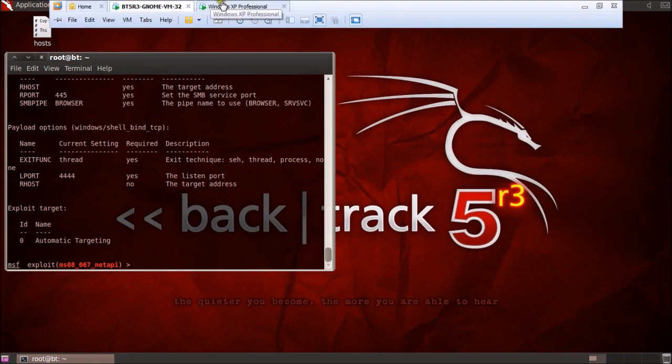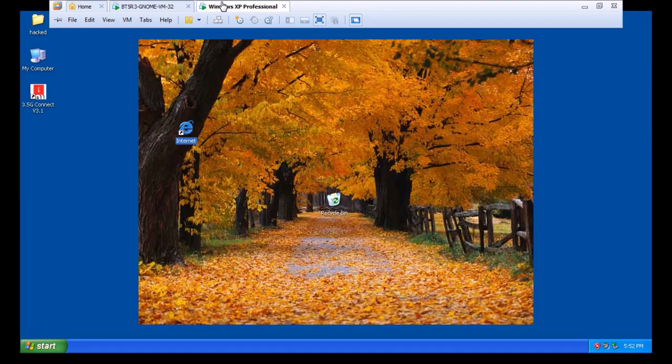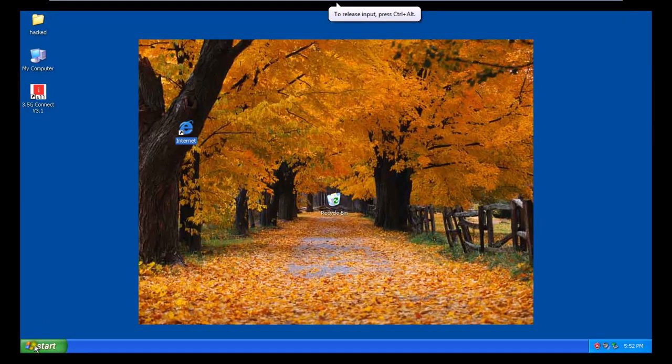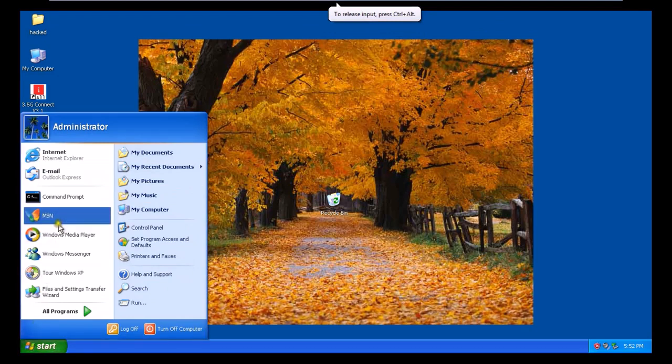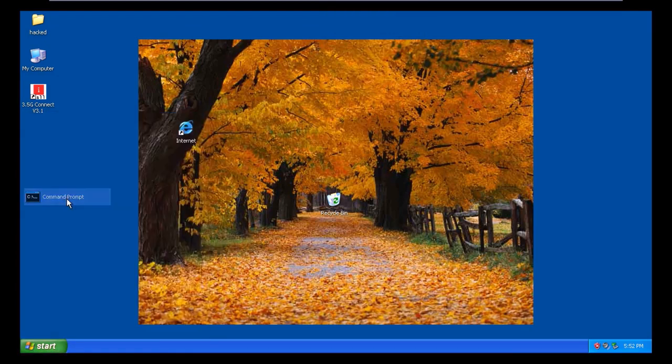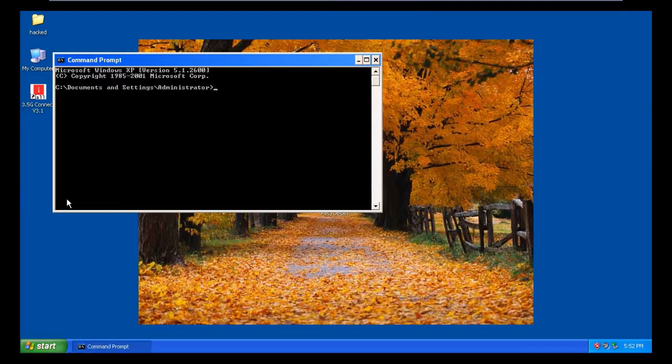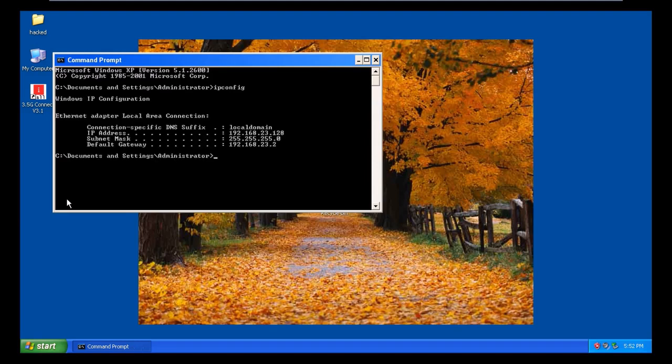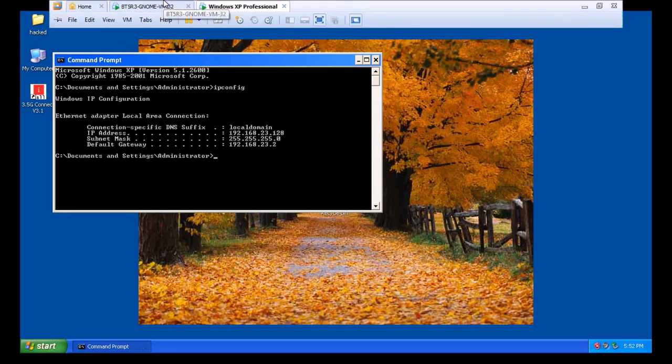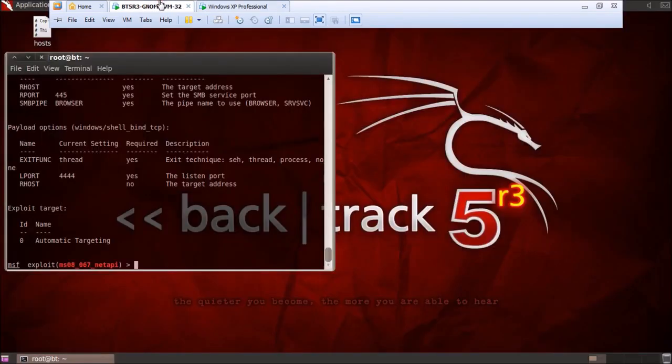For that, you need to have the IP address of your victim. I'll just check it once, and I'll show you later how to obtain the IP address of any device connected in your network. Just to save time, I'm checking it right away. So the IP address is 192.168.23.128.